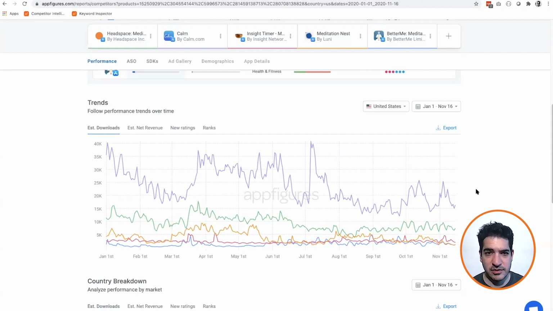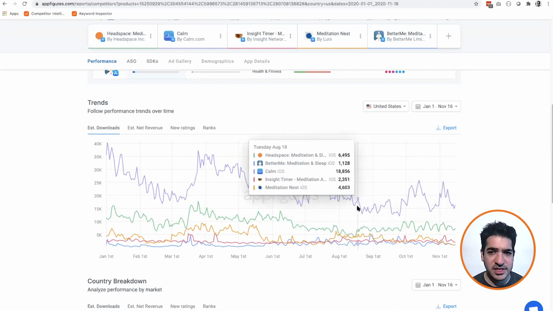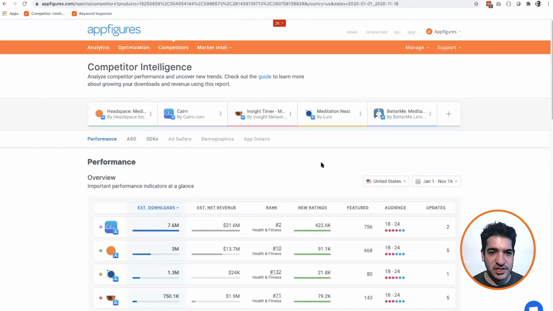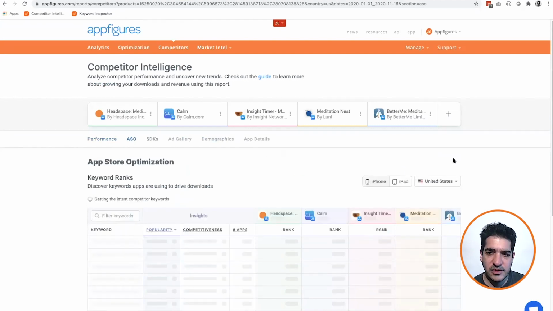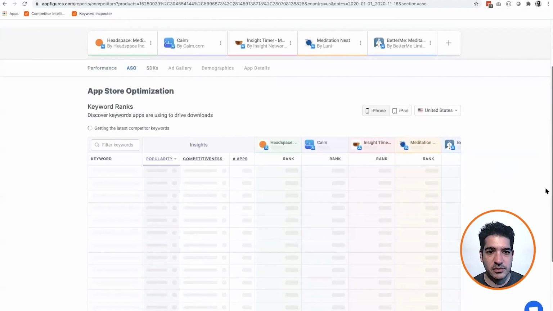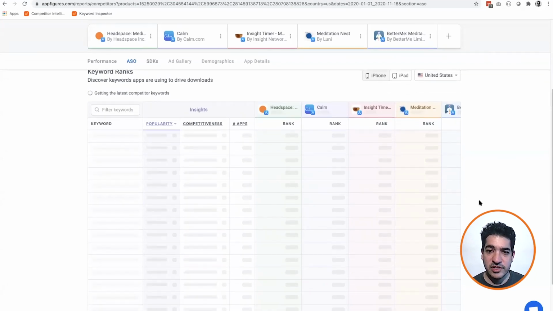So now we have an idea of what's going on. Calm is slightly less stable than Headspace. Headspace is pretty strong. We have an idea of the kind of downloads and performance that we need in this country. Let's jump into keywords. So this is the fun part. What the ASO component of our competitor intelligence report will do is it now looks for all the keywords where we saw Headspace, Calm, and any of those competitors ranked in any rank and mashes them all together, puts them side by side. So we can quickly see who's ranking where,